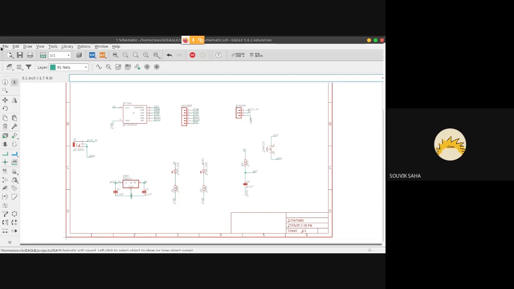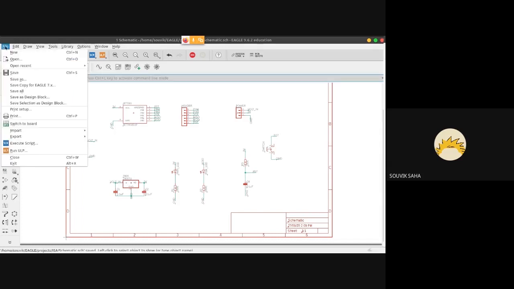If we want to buy the components, we need a BOM, or bill of materials. That is basically a shopping list of sorts that will tell you that you need these many; for our case we need two LEDs, three resistors, three capacitors.